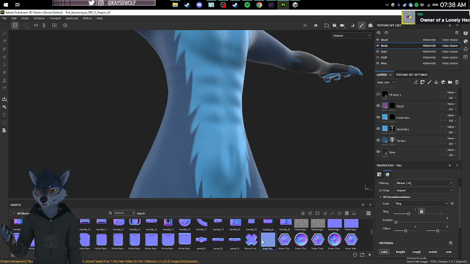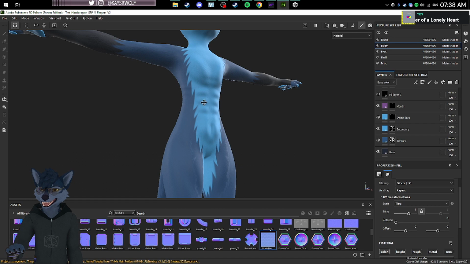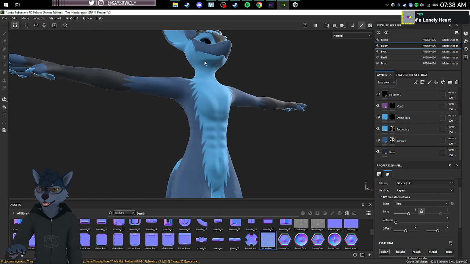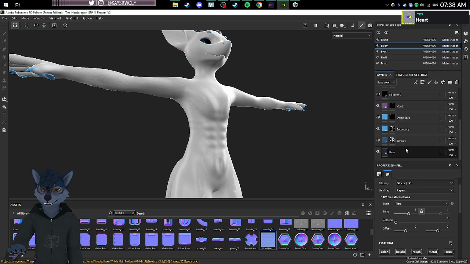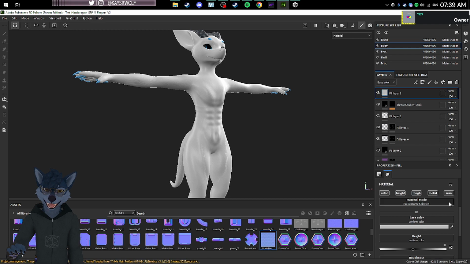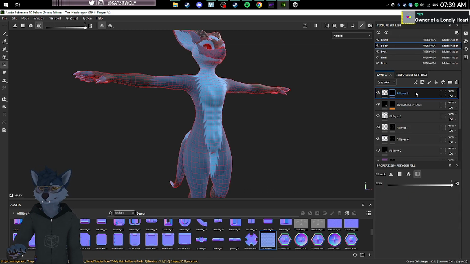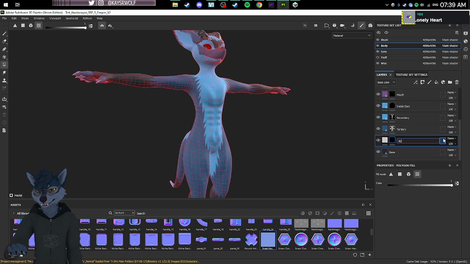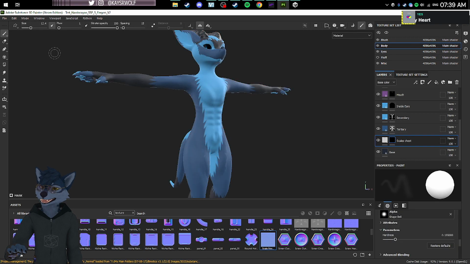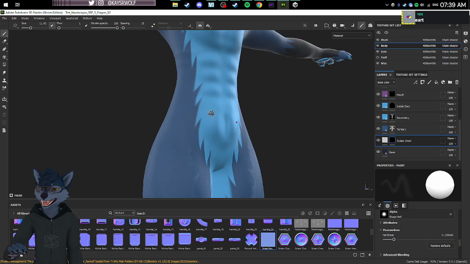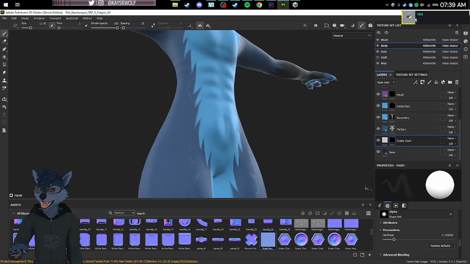I got it here. And the way that I paint the normals myself, let's say I want to paint all this area here, right? I come here, new layer, fill layer. We select normal only right here by alt click, left click mouse. We add the black mask. I'm going to put it a little bit lower. Scales chest. We're going to change back to brush, and we just begin painting